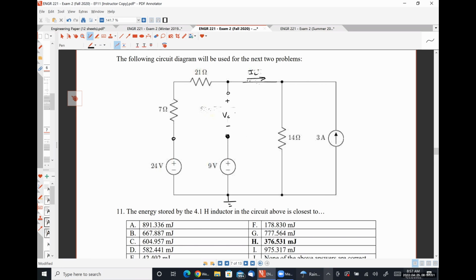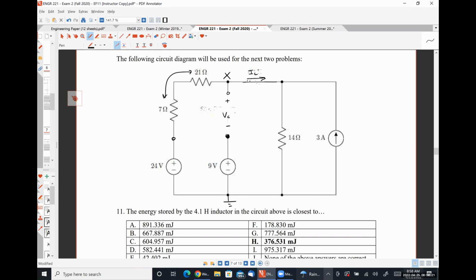Whatever node this is has a value of 9 volts. We could lump these two together into a single 28 ohm resistor, meaning that this would be our only unknown nodal voltage, which would allow us to calculate VC easily. And then we could apply KCL at this node X to figure out what the current IL is